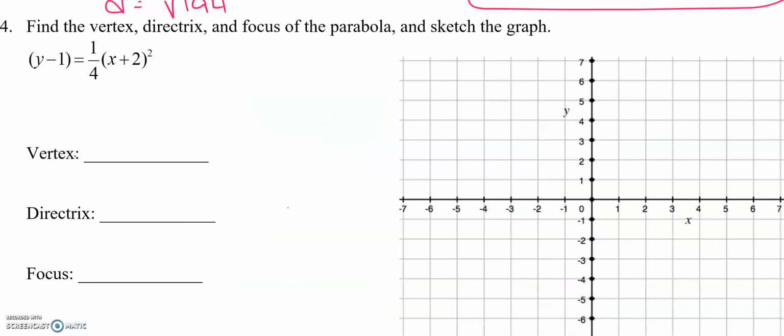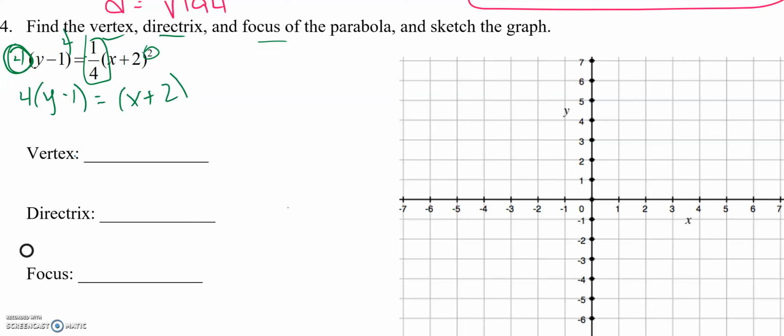All right, so we're looking at number 4, and it says find the vertex, directrix, and focus of the parabola and sketch the graph. So I'm seeing that this is going to be an x squared, which means we're either going up or down. It's a positive 1/4, which means that we are going up. Now, if you remember though, the p is actually supposed to be right here. So I'm going to go ahead and multiply by 4, and I'm going to get 4y minus 1 equals x plus 2 all squared. So the 4 is equal to 4p, divide by 4, and you get p to be 1. So now we know we're going to have to go up and down 1 to get to our focus